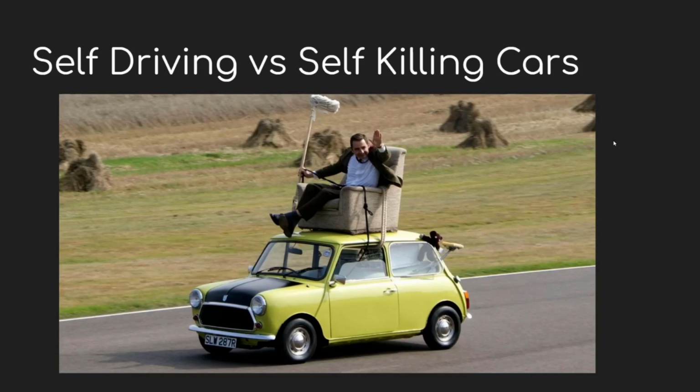Okay, so we have a concept of self-driving versus self-killing cars. Suppose there is a self-driving car which does not have any driver or which cannot be overridden by a human being. Imagine there is a hacker who introduces a Stuxnet or botnet. Then they will hack it and send a signal to the machine learning models to accelerate by 80 km/h without any convention. So this will create chaos in the traffic.